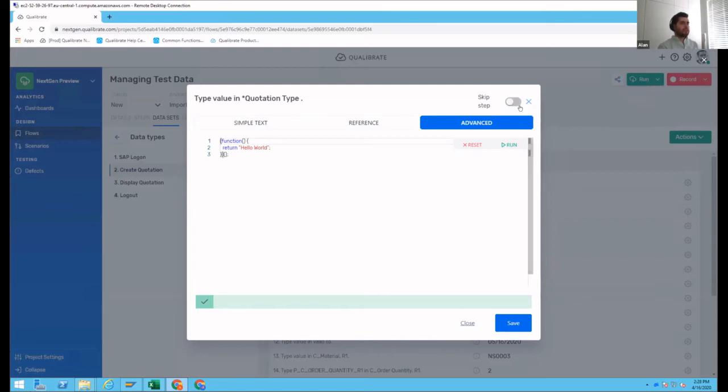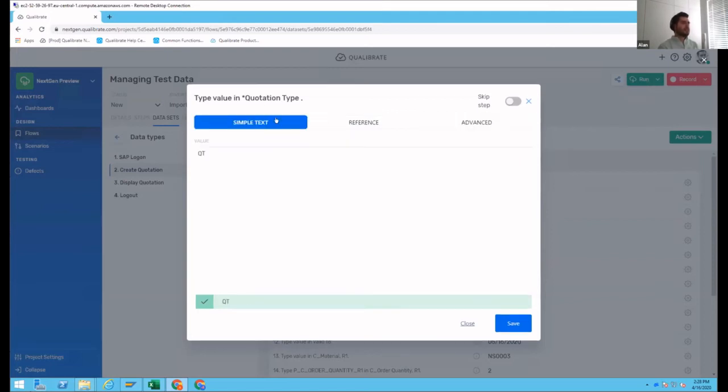Last but not least, we also have a flag here, but it's also a data type, which is the skip step. On very specific cases, let's imagine that in your specific business data scenario, you want to type a value in the quotation type, but for this specific dataset, this is not required. You can also, from the dataset, skip that specific step. The behavior is that whenever you play this dataset back, if the dataset said that this step needs to be skipped, we'll just go to the next. The reason we promoted this feature to the dataset themselves is because we don't want to hard code it in the model of the flow.